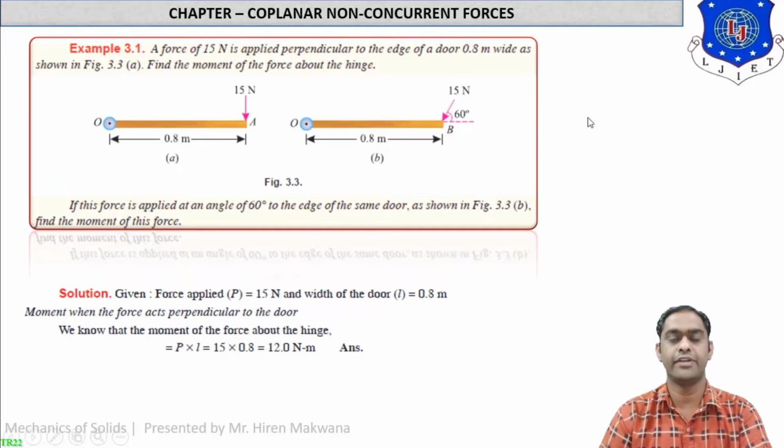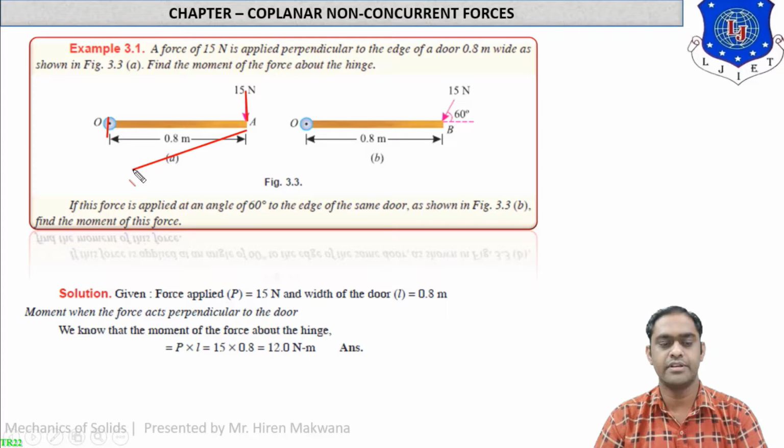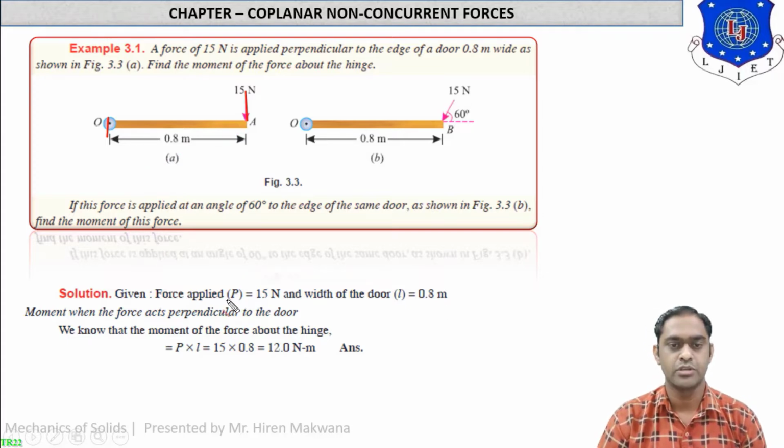We see from the figure that the 15 Newton load is vertically going down. While rotating about point O, it will give the clockwise movement like this. About 0.8 meter distance, it will give the clockwise movement. So force P is equal to 15 Newton, the length of the door is 0.8 meter, and we know that the